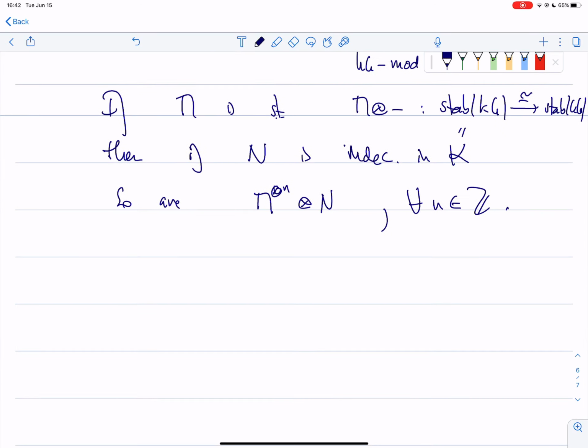So the tensor invertible in kG-mod is rather boring. It's just the same as saying the dimension of M over K is 1. It's a one-dimensional representation. And so those are still invertible, but there are more, actually substantially more in the stable category, and that's very interesting because they are called endotrivial, for a reason I'm not going to discuss, and their study has been very important in modular representation theory,